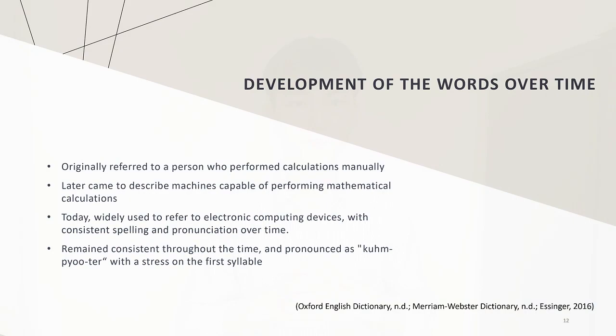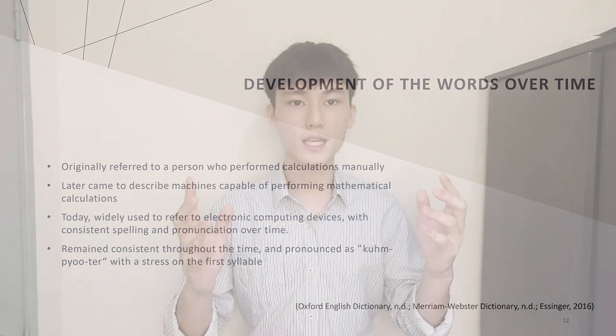The word computer traces its roots to Latin, which means to calculate and reckon together. According to Oxford's English Dictionary, the first use of the word computer was recorded in the early 17th century to refer to a person who performed calculations and computations. This usage was common in astronomy, navigation, or accounting to describe individuals who perform complex calculations manually.